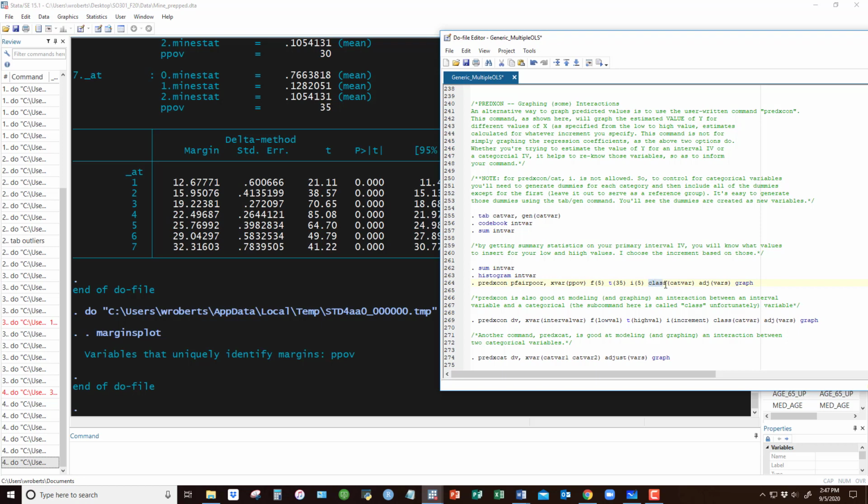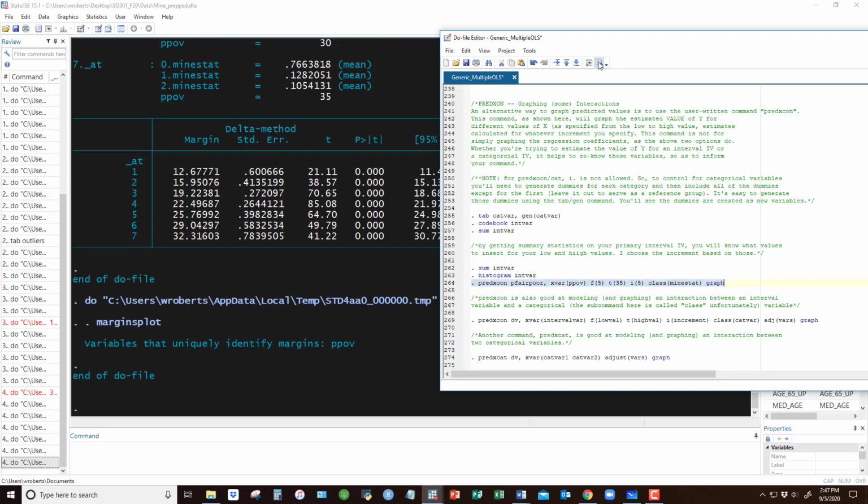Now, class means classification, a sort of categorical variable. It's unfortunate they use the word class, but that's part of the generic command. So you leave that as is. My categorical variable is MineStat. And then if we had other variables in our model, we would adjust for them here. So we would list whatever the other variables were. We don't have any, so I'm going to get rid of that and then hit the graph. So if I click that,